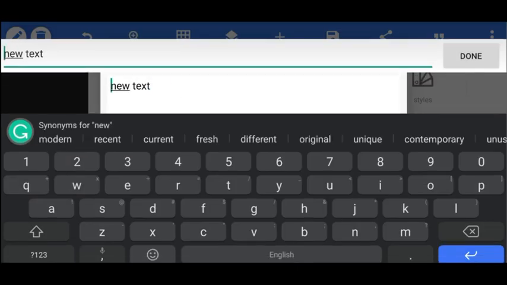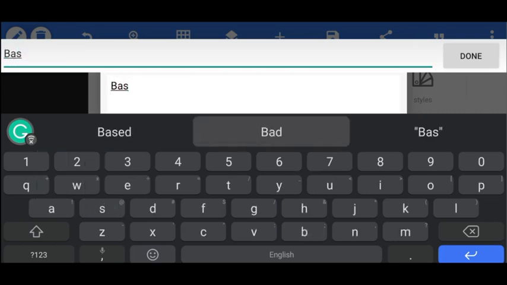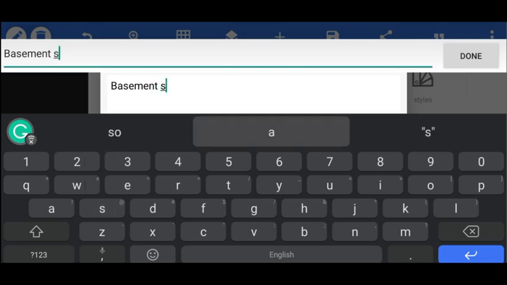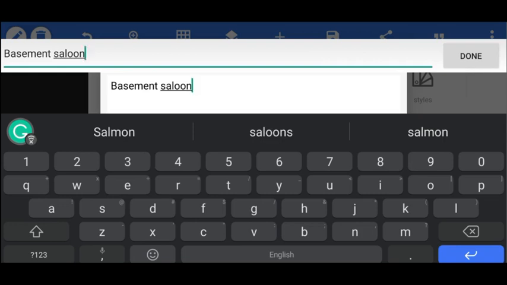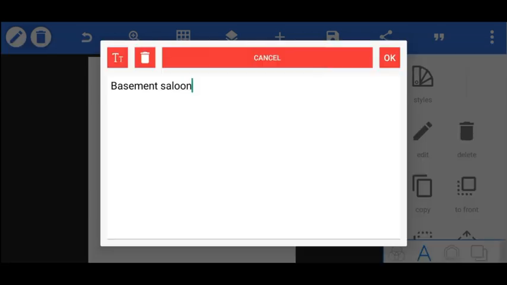I'll go for basement saloon. This saloon, basement saloon. Okay,